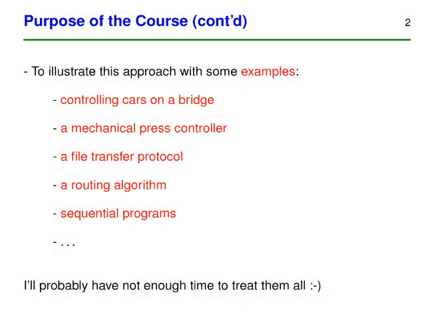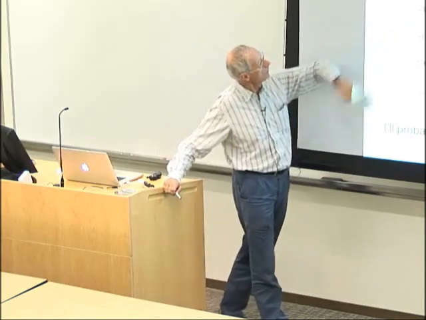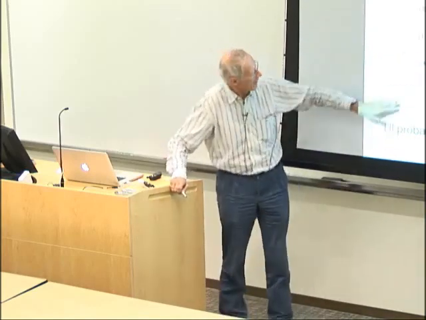And essentially what I will do is to cover some examples. So I've put a few of them. Probably I have not enough time to treat all of them. Controlling cars on a bridge. I think this will be today and probably part of next time. A mechanical press controller. A mechanical press is a very basic machine, but you'll find out that it is not so simple and pedestrian as you can imagine. And then a file transfer protocol, a routing algorithm, and the development of a classical sequential program. But I'm pretty sure that I will not reach the